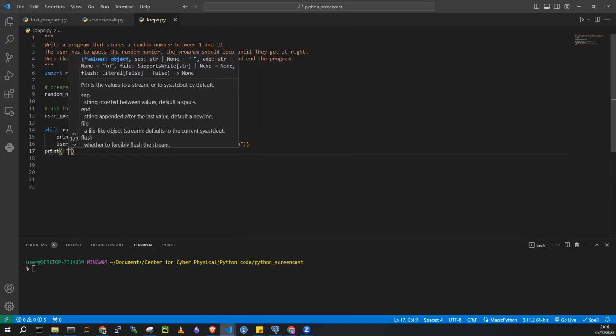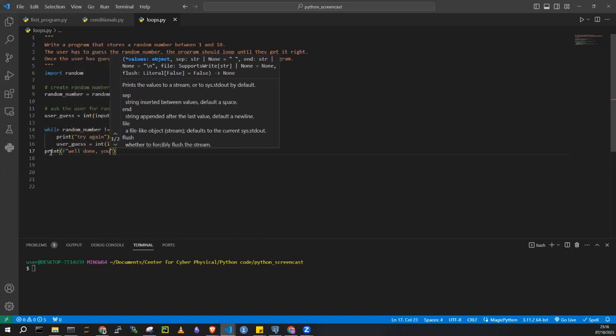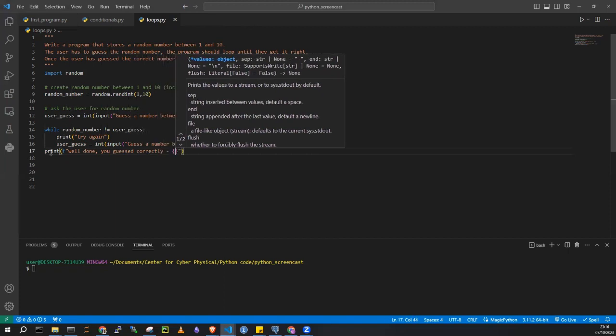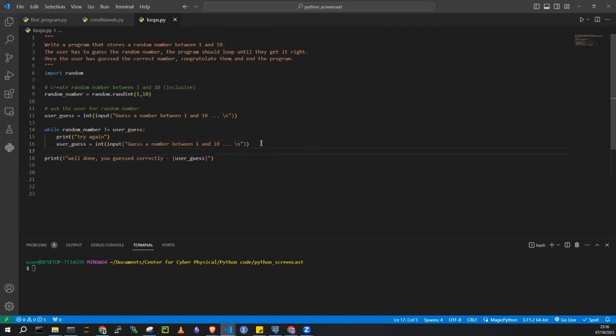I'm going to use an F string. Remember, we've used the F string before. Well done. You guessed correctly. And I'm just going to put what they put in user guess, right? So separation there, and then